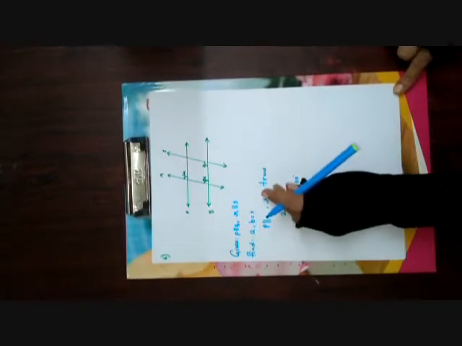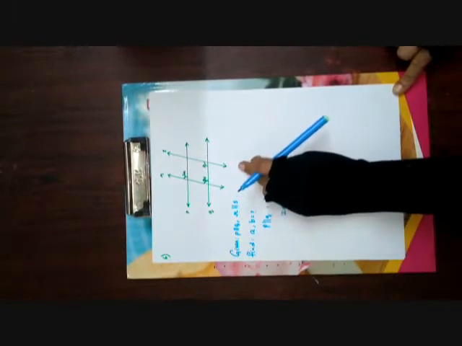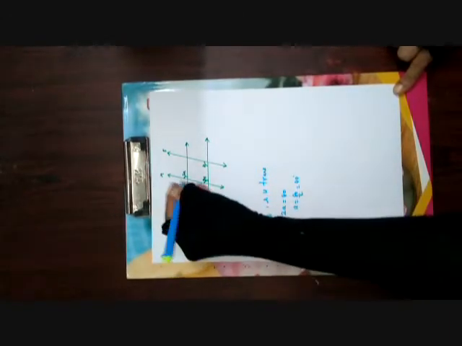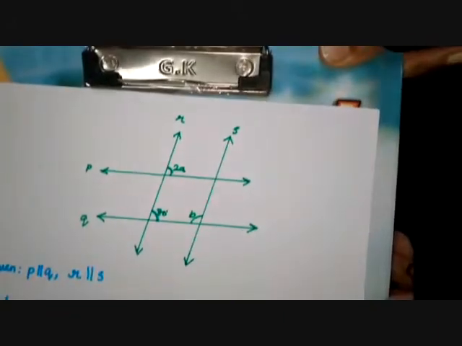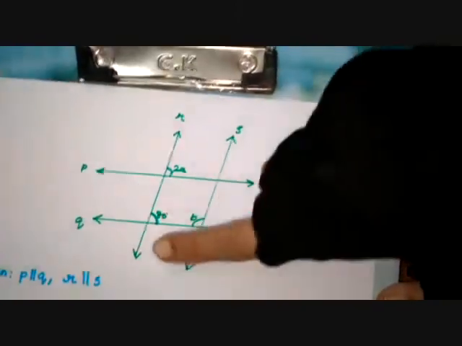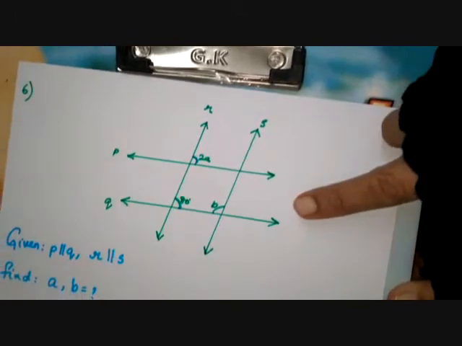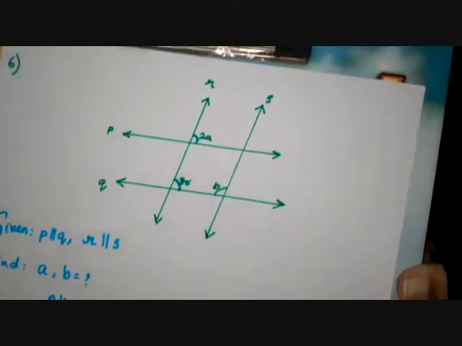Now, in the second case, I am considering S as my transversal. Or we can say that we will consider R is parallel to S. Let us consider R is parallel to S. Now, like this, children. If you see, R is parallel to S and Q will be my transversal. I have changed it this way, children. We will see.